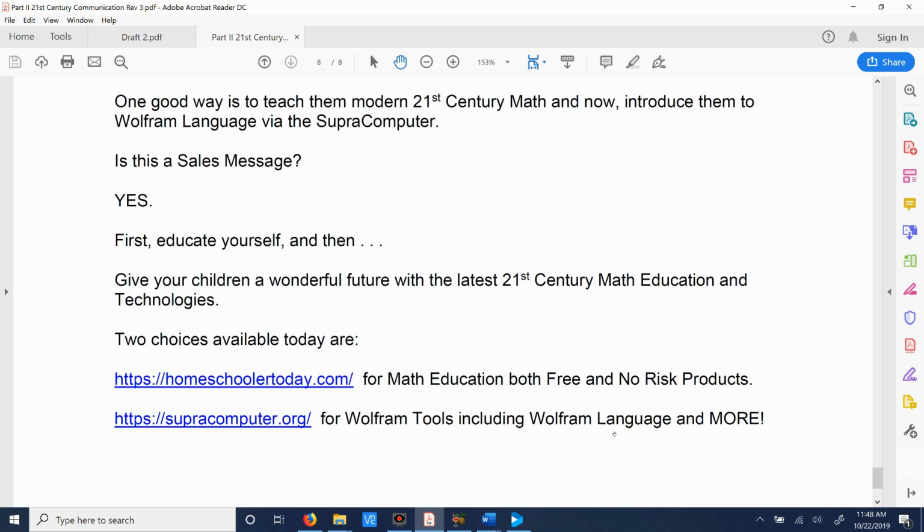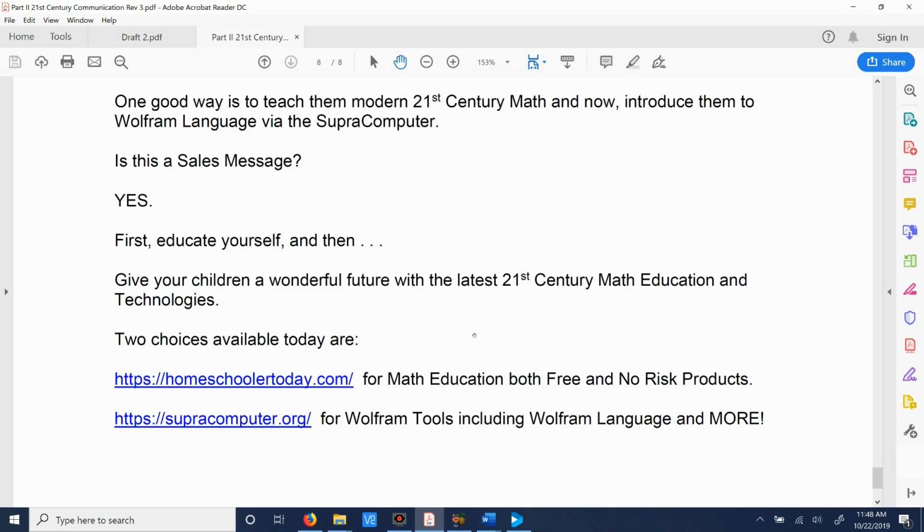The world, believe me, is revolutionized today. And that's what this book's all about. And this addendum is sort of the culmination now of this book. Educate yourself first. Learn what you can be doing. Learn what the new technologies are. I hope this book has helped you understand that. And then go out and do the right thing. Get the right training for your child. Get the right education for them.